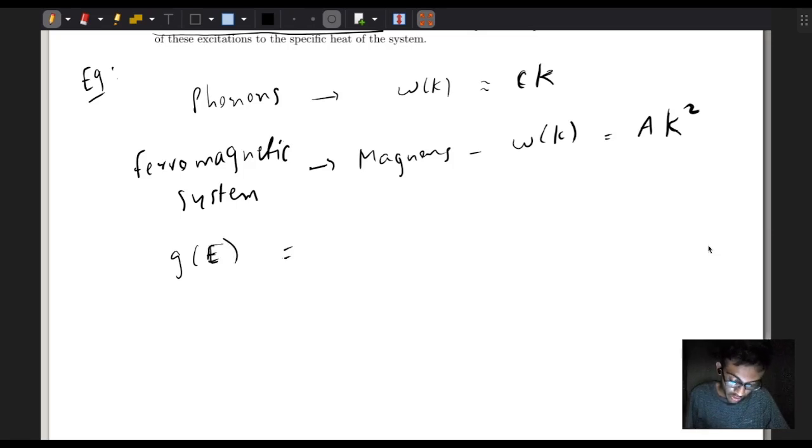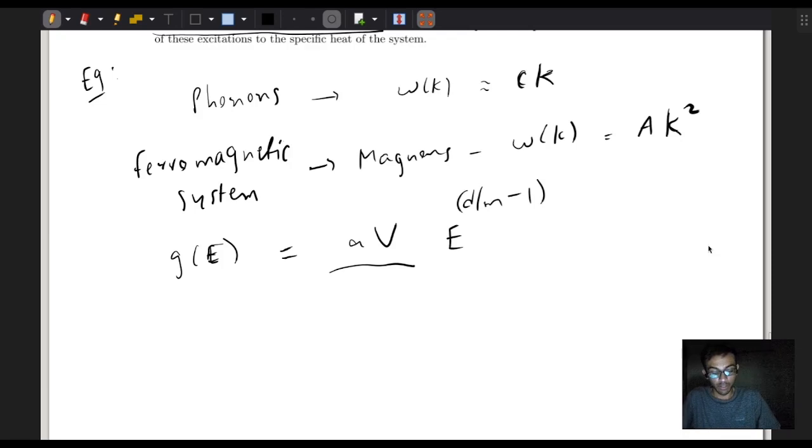The density of states is, like we said before, proportional to E to the d/n minus 1. This is to show that the density of states is proportional to the volume of the system times some constant, and the total energy